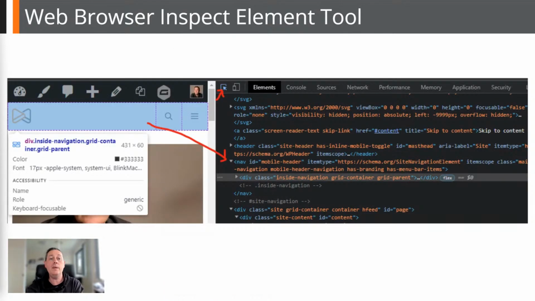Okay, so when the inspector is open, you can use the element select tool. That's a little arrow pointing to the right-hand side window. It looks like a little rectangle with an arrow inside it. You can click on that and then navigate over to the left-hand side. As you move around, you'll see the elements highlighted, so you know exactly which one you want to target. Click the mouse and it will take you on the right-hand side to that particular element in the HTML